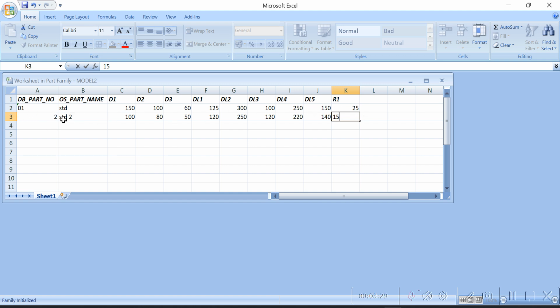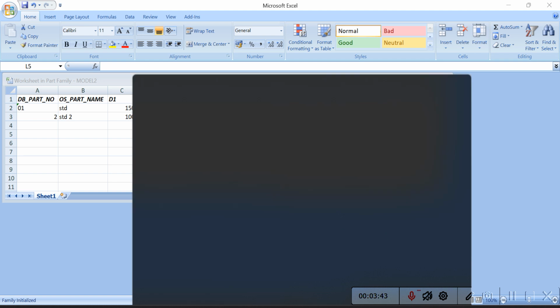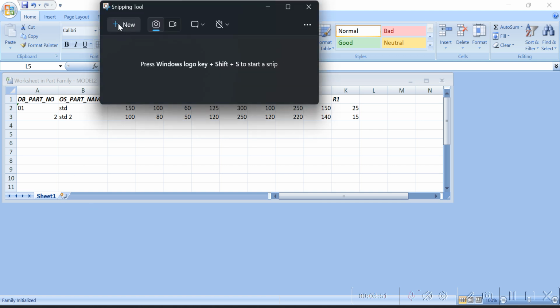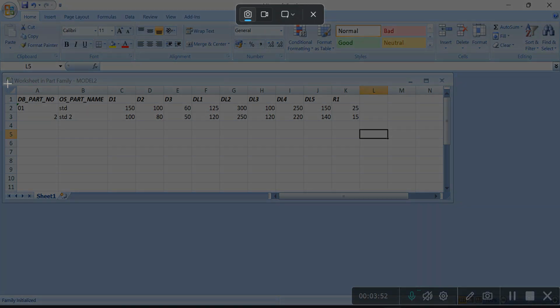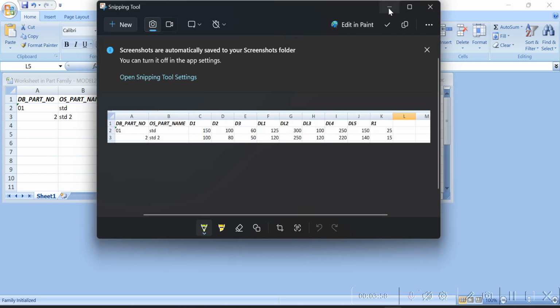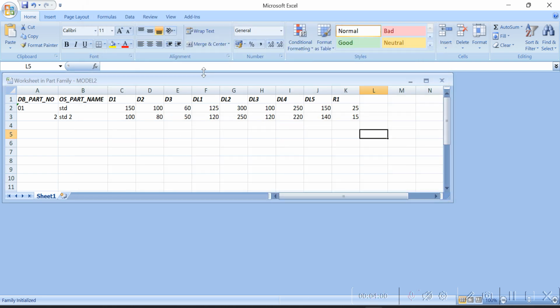Okay, second one with these dimensions. I want the standard to be part number one, and the second model I want with this dimension. Okay, for our reference we keep this. Okay, then we need to